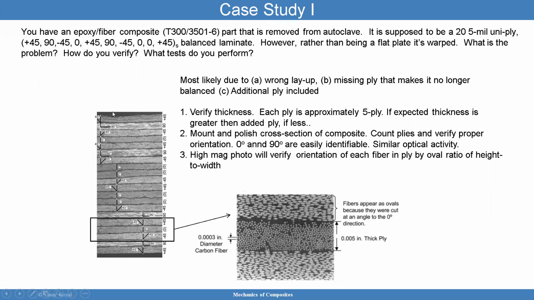I stack it up all the way up to 45 here, and then I have S, which means symmetric. So this stacking sequence here is repeated above the symmetry line, and it's going to be symmetric about the mid surface. And you can see here the ply angles are shown on the right-hand side, plus 45, 90, minus 45, 0, plus 45, 90, minus 45, 0, 0,